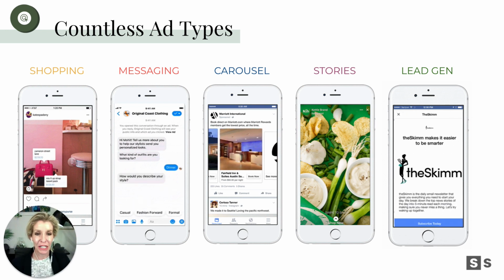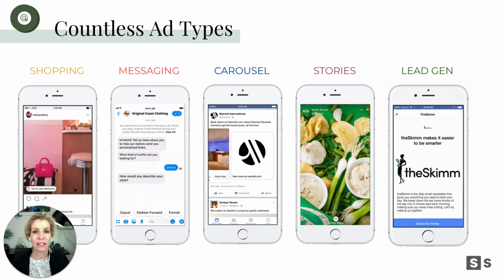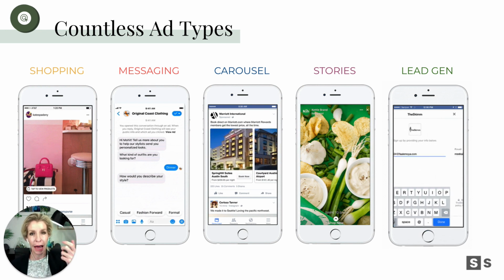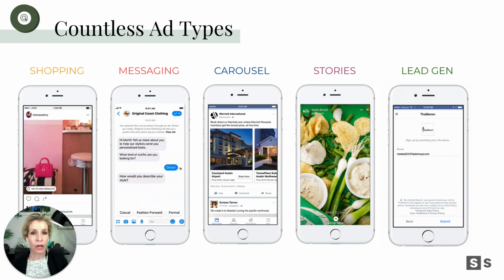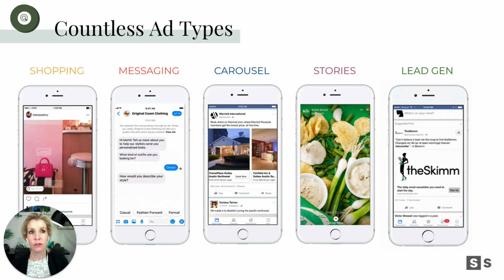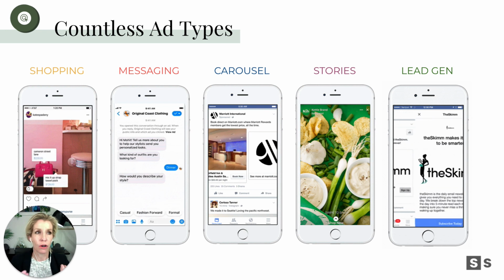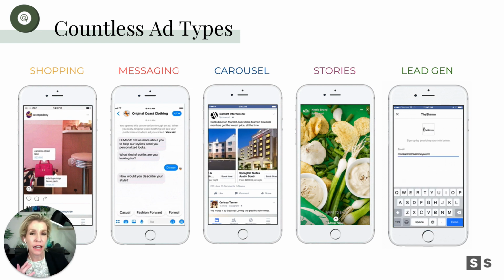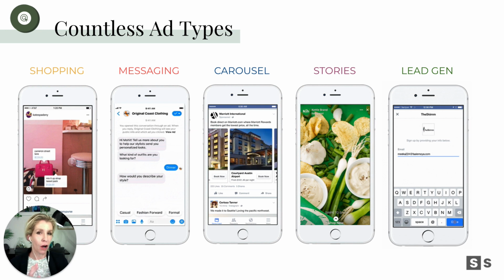Story ads on Facebook and Instagram. We hopefully know what Instagram and Facebook stories are. They're at the top of our screen when we're on the mobile app. They're those little circles and they're 24 hours long. So anyone who's posting a story is doing it in a more kind of lively or real and raw fashion of their day-to-day behind the scenes. It doesn't have to be so polished.